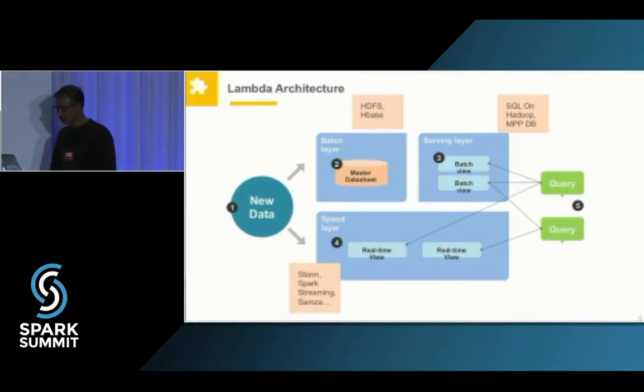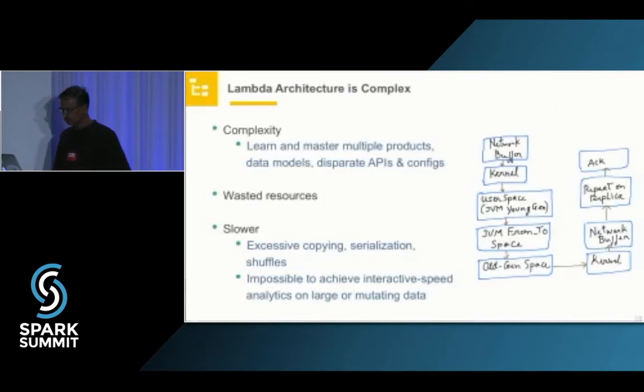So our focus is in the streaming and the interactive layer. But Lambda to us is very complex. It's complex because you have to learn and master multiple products and different data models. You have to tune these different products. And the challenge actually lies when you go into production. All of a sudden, I have new requirements coming in that cause my schema or my data properties